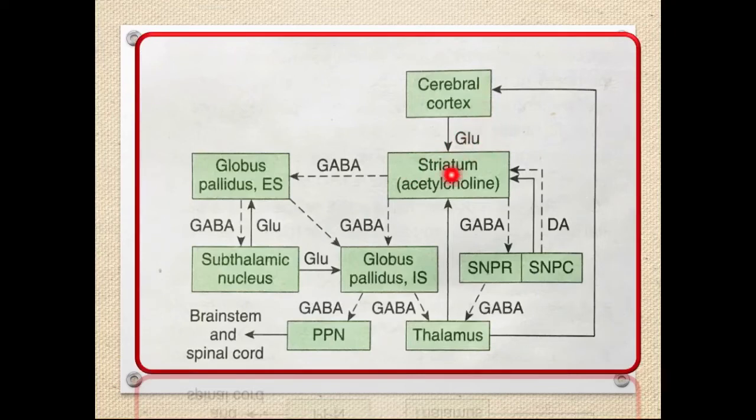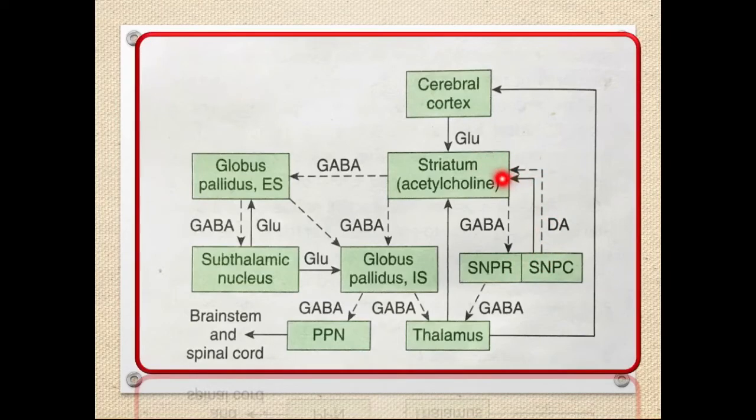So the same thing: from the cortex it goes to the striatum, from the striatum it goes to the globus pallidus internus, direct pathway to the thalamus, and this is the direct pathway. Indirect is from the cortex to striatum, then from the striatum it goes to the globus pallidus externus, subthalamic nucleus, and then it comes back. And there is one more thing: a few of the fibers from the globus pallidus go to a few of the nuclei within the pons. This is called the pedunculopontine nuclei. And this is how the substantia nigra pars compacta communicates with the striatum.